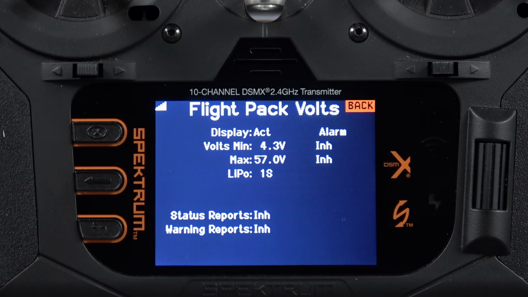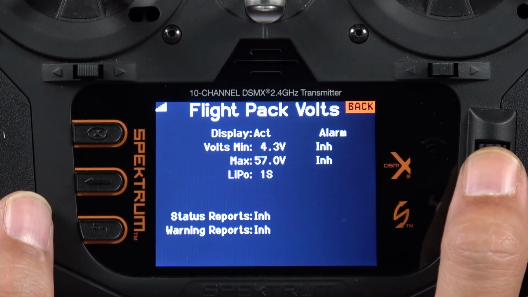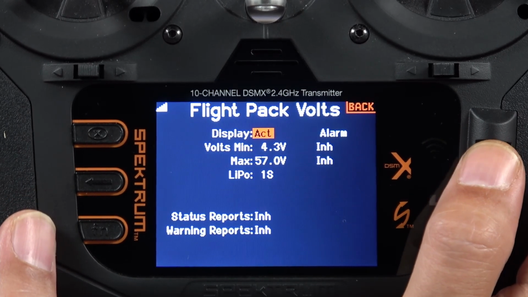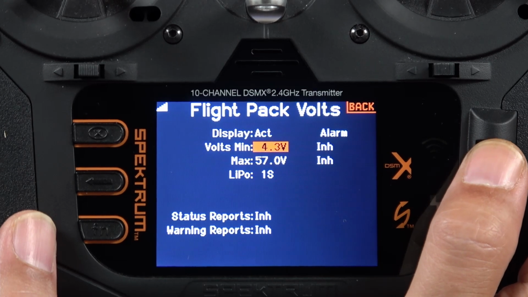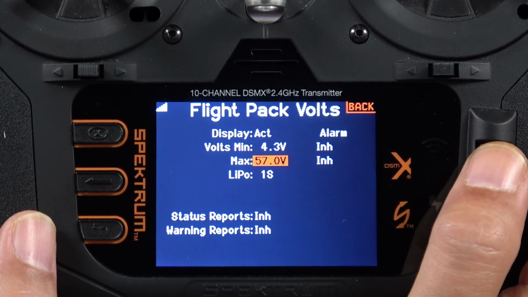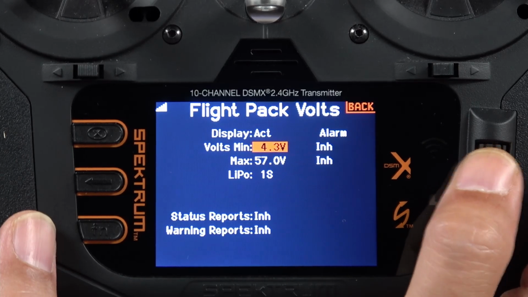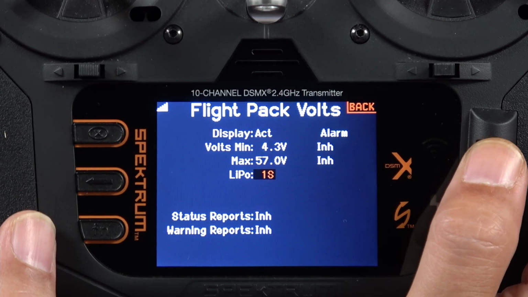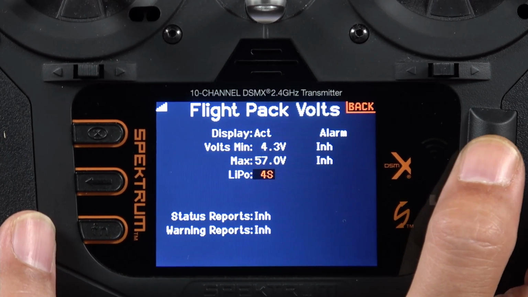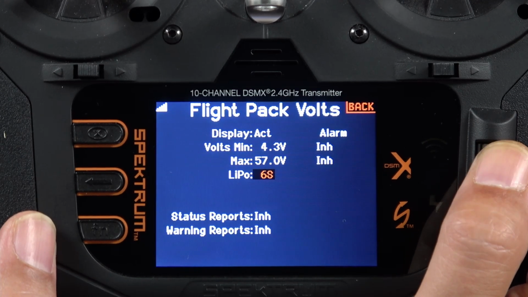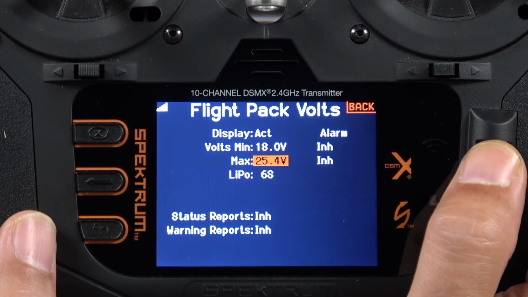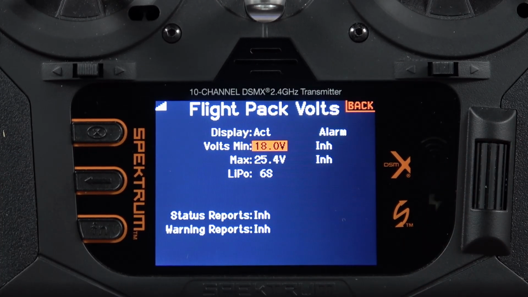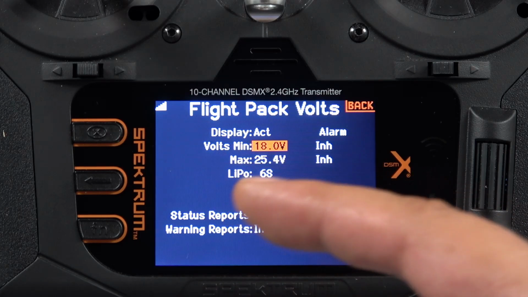All right, so here is where we would add our flight pack voltage. This is if you were running an external sensor with a standard LiPo battery. We could come in here and alter the minimum and max values. We can either adjust them manually, or we can go down here and tell it what size battery we're running. So if we were running, say, a 6S airplane, we would change that to 6S, and it will automatically populate the minimum and maximum values that it considers safe for a 6S pack, where it has voltage minimum at